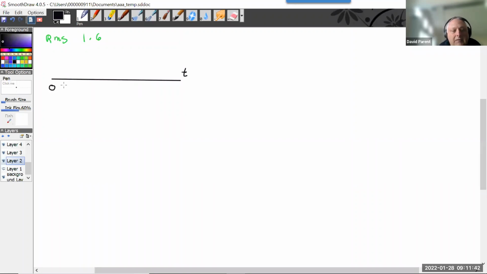So 0 seconds, 1, 2, 6, and it goes up to 2 volts in 1 second. Then it's on for 2 seconds, and then it takes 3 to go down, and this repeats. And that's the other thing that it has